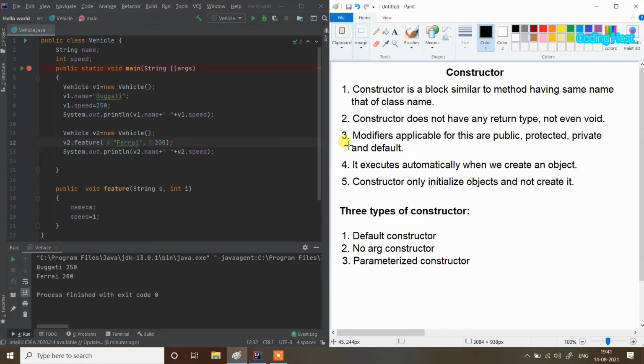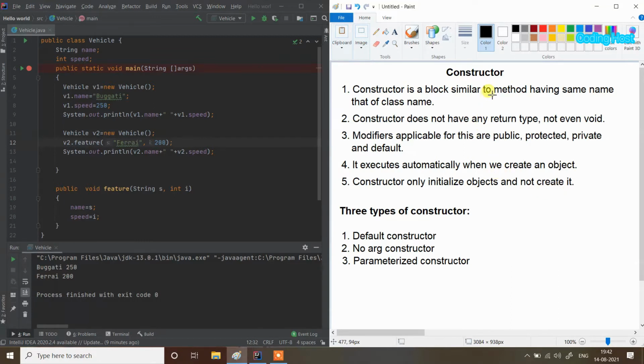The third point is that the modifiers applicable are public, protected, private and default. We can use these modifiers with our constructor. The fourth point is that it executes automatically when we create an object. The fifth point is that a constructor only initializes objects and does not create them.